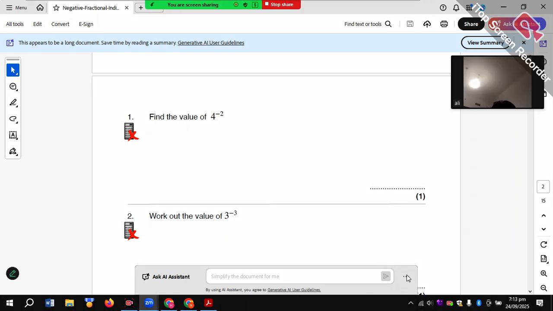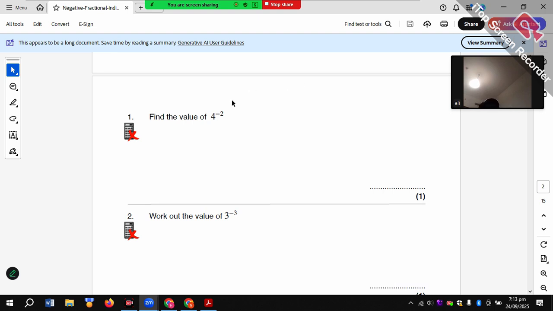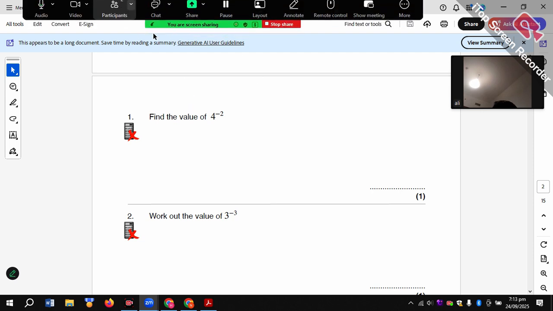Today I am going to explain to you what fractional indices are. As you can see, fractional indices mean that we write down the values in the form of a fraction, okay, and they have a power. The first thing you need to remember is that whenever we move the